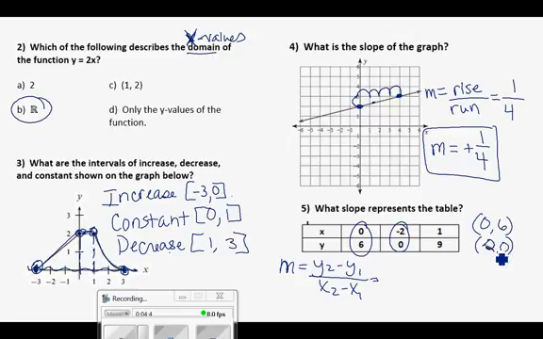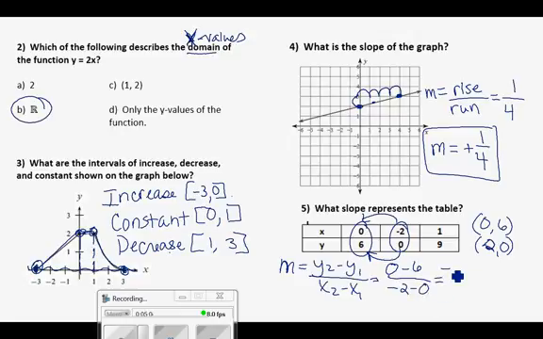I'm going to go from 0 to 6 for the y values. So if I go in that direction, I have to go in the same direction for the x values. -2 to 0,